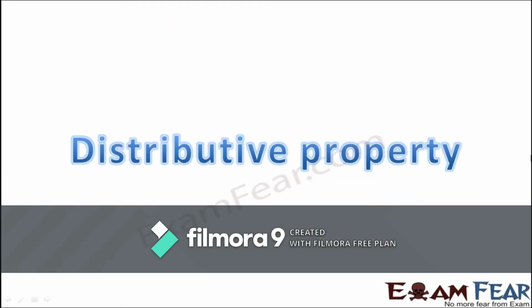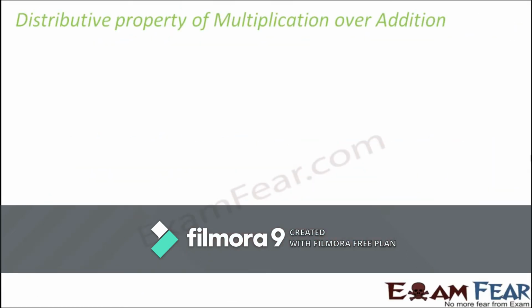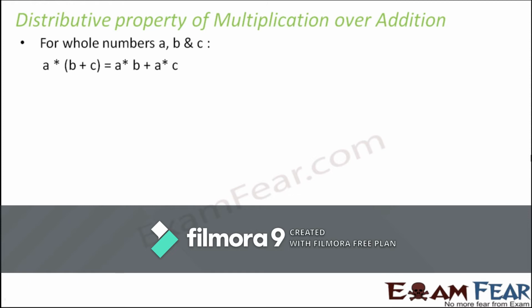That is distributive property. Now the name suggests distribution. So in this property we will see that something gets distributed over different numbers. Now what is that distribution? Let us try to understand. So this distributive property states that if we have three whole numbers A, B, C, then A into B plus C is equal to A into B plus A into C. So do you understand what is getting distributed? When you have something like this, A gets distributed to both B and C. That is why it is called distributive property.